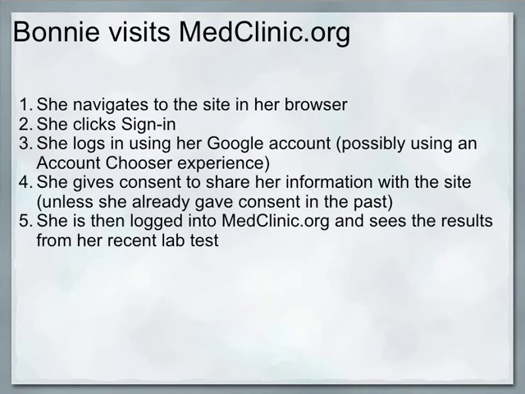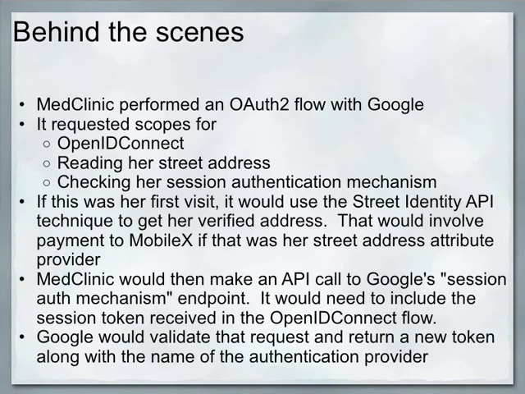And the end user experience is she's logged into a website and voila, she sees her recent lab test results, including ones that are potentially very privacy sensitive. So what happened behind the scenes to cause MedClinic to decide that she had been strongly authenticated, and therefore it was okay to let her into the account, and as well to know that it was in fact her associated with her medical records? So MedClinic just performed a standard OpenID Connect flow on top of the OAuth 2 protocol,